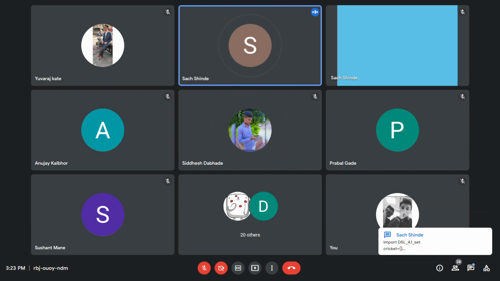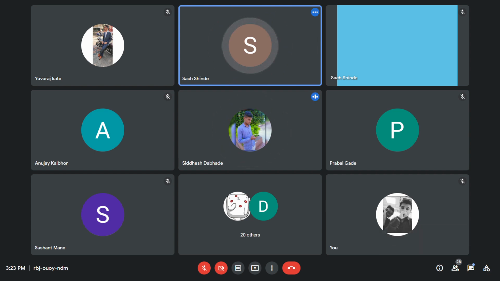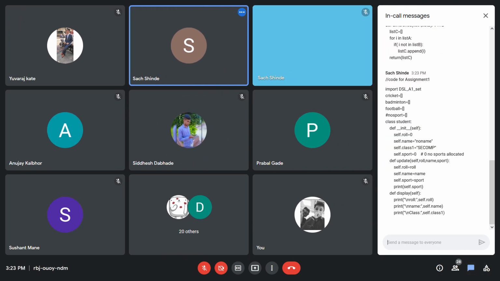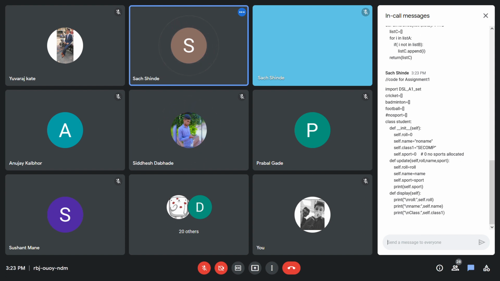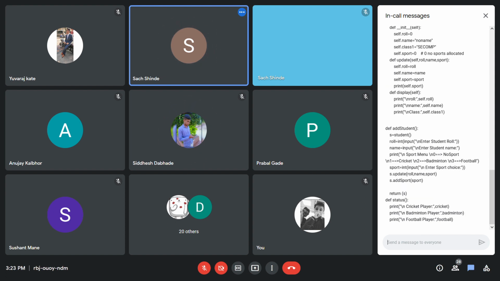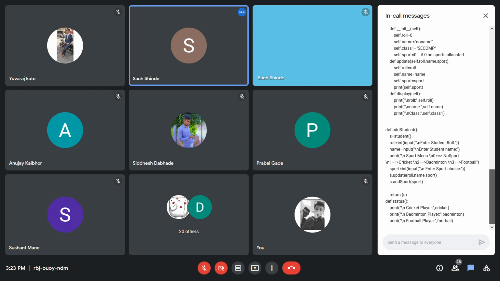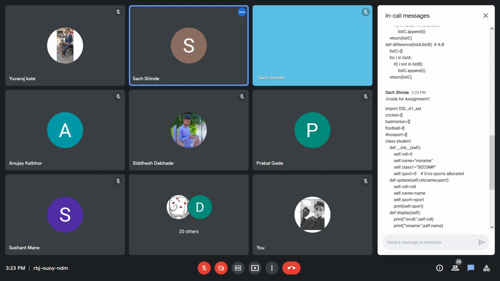You can see I have used the student function, and second, add student details, and up till status. Next function is the query.